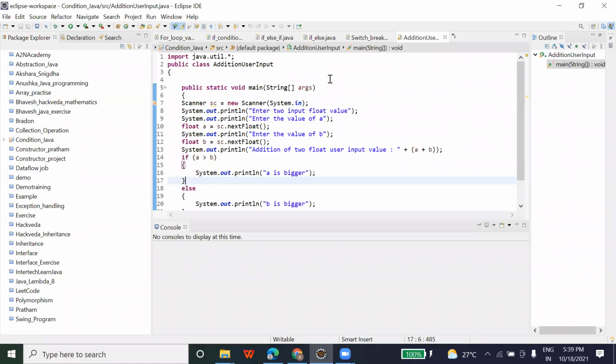Hope in my previous session I've explained how to read the data from a user, right? And I said you should try that program for other arithmetic operations, like here as I've shown you for addition. Similarly, you have to try it for multiplication, division, subtraction, and mod operation as well, right? So in this, I have explained how you can perform the arithmetic operation, right?